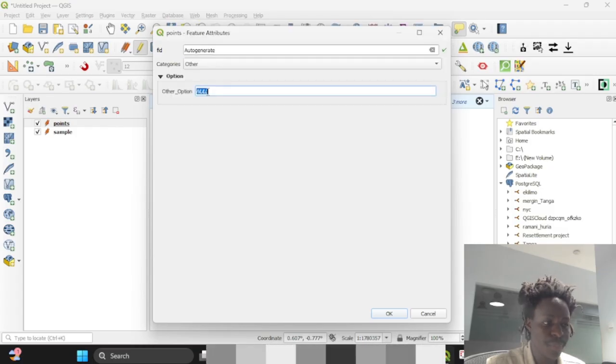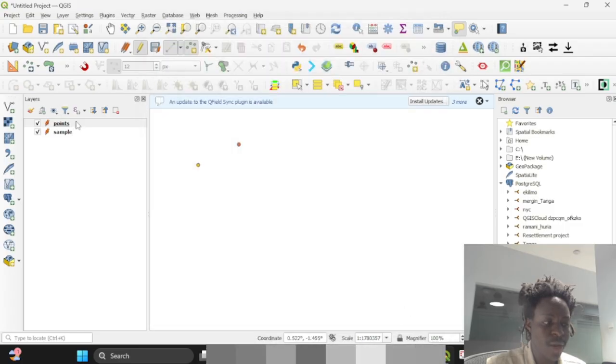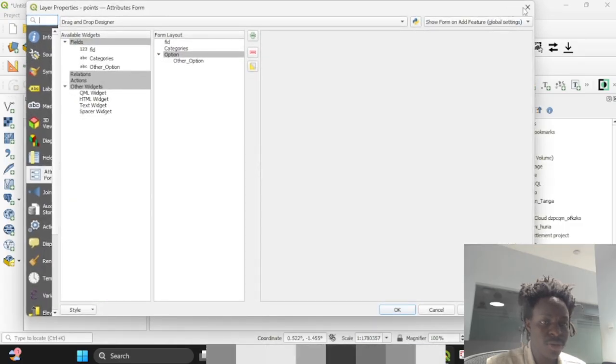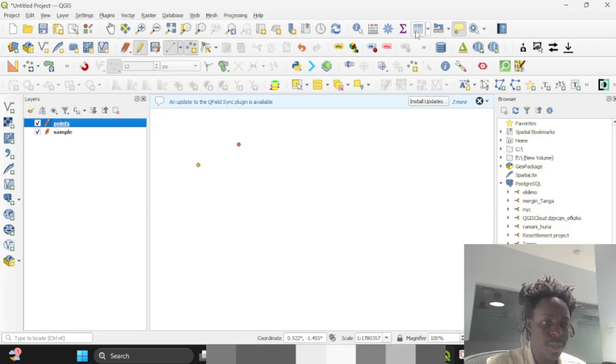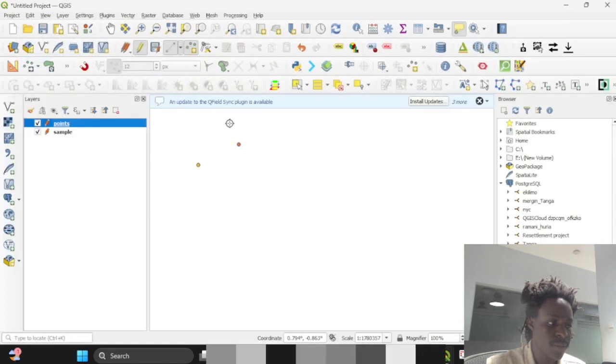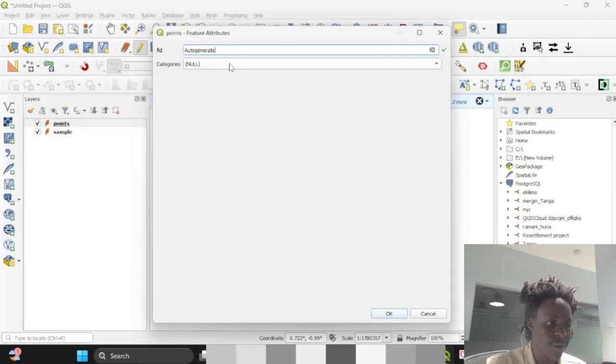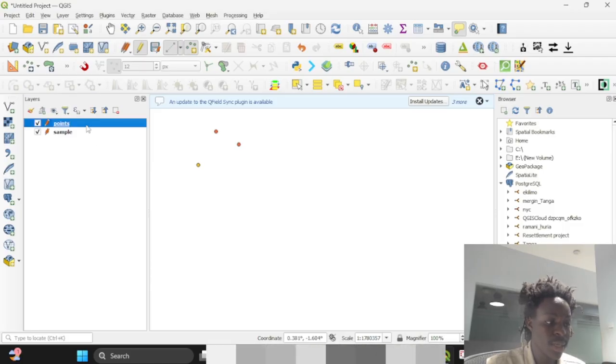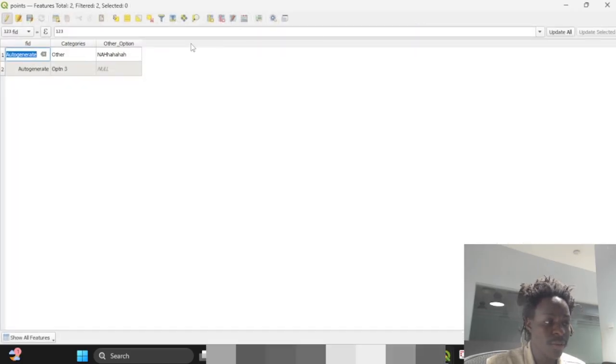it will appear, and then I can just type in something, and I say OK. If I come to the attribute table, open the attribute table, I add the categories, others, and then for the rest, if I choose the option 3, it won't show me the other option. Then I say OK. And again I come to the attribute table. You see